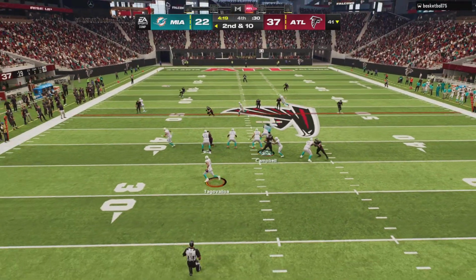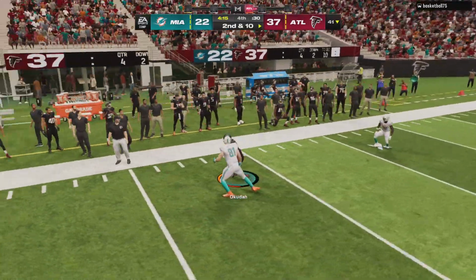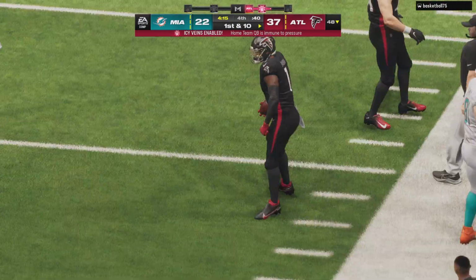Now Tua on the bootleg here. Buying time to his left. And now here's another interception. Picked by Jeff Okudah. And the